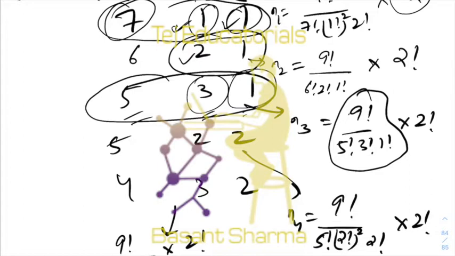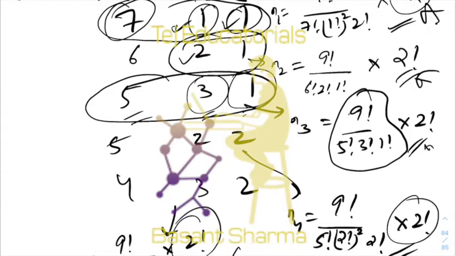Remember that we have already taken care of distribution here itself in each of these cases. So don't again multiply by 2 factorial. I have directly included distribution here. So the answer will be the sum of all these: n1 plus n2 plus n3 plus n4 plus n5. Distribution is included already in this, 2 factorial is already multiplied, so don't multiply again. This is your answer.